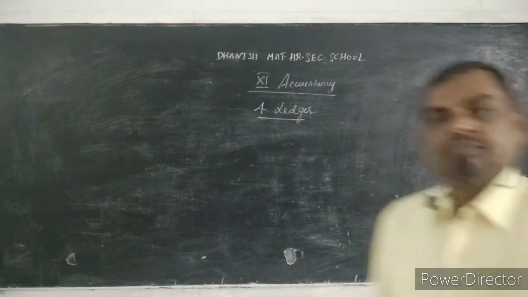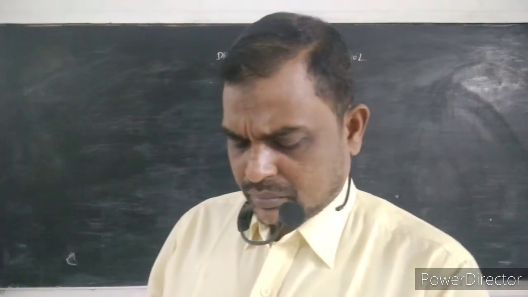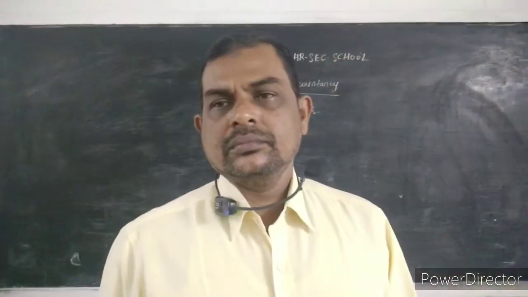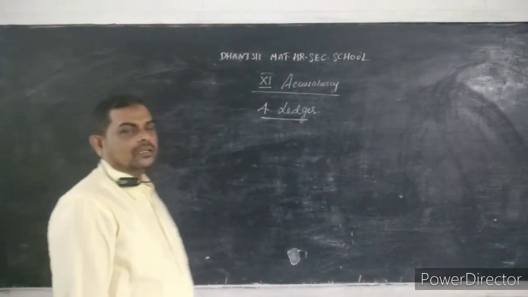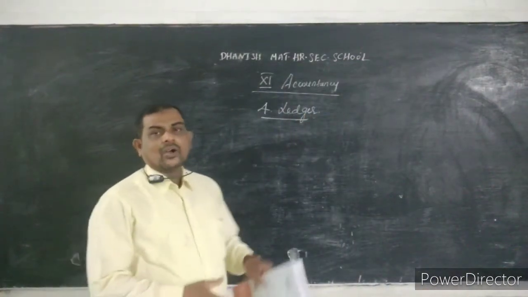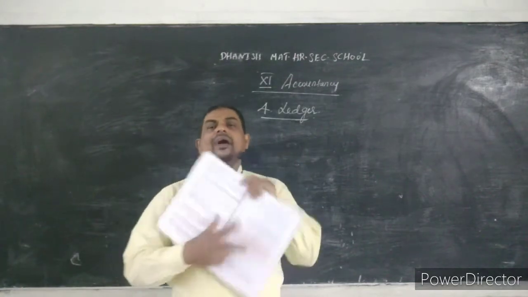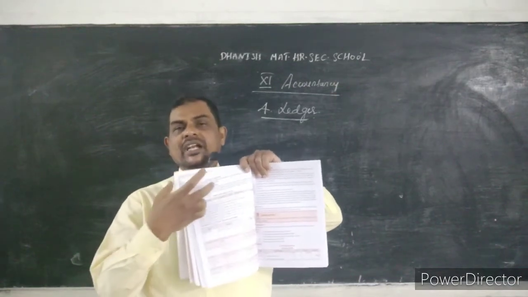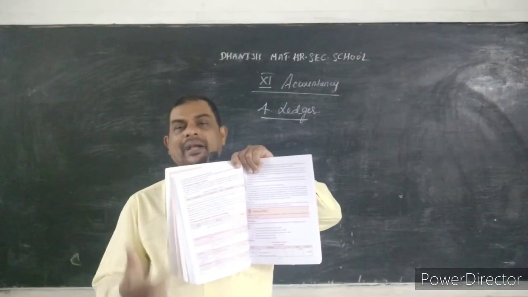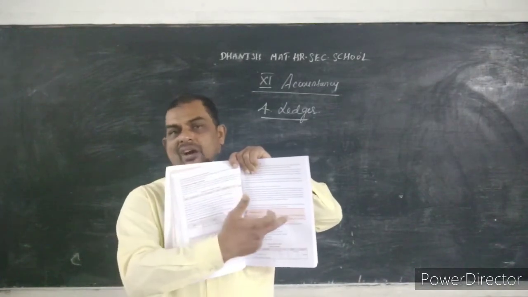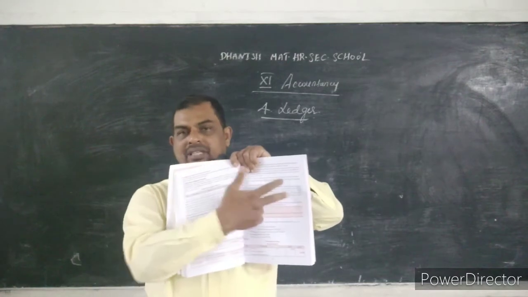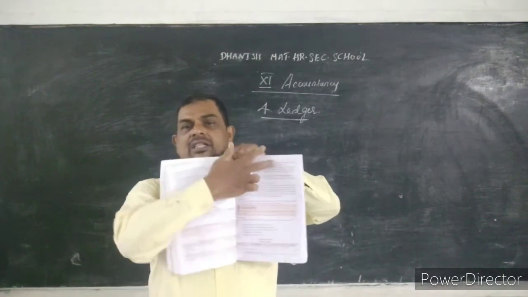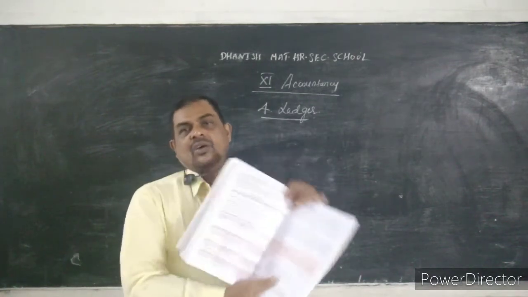Listen, my dear students. Now I'll teach you the format of the ledger. In the accounting notebook we have two sides. This is the debit side, this is the credit side. Usually journal entries are done on only one page, but for ledger accounts we have to use a double page of the accounting notebook. In the double page, this full page is called the debit side and this full page is called the credit side. Okay, debit side, credit side.